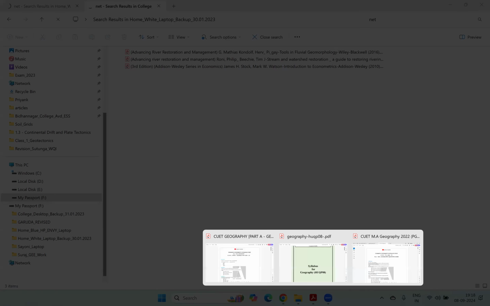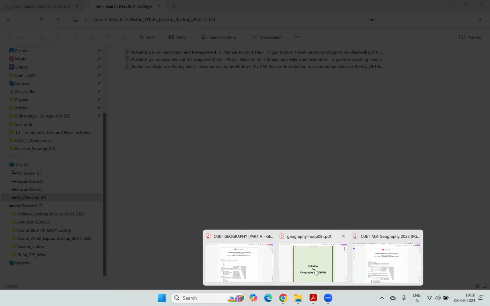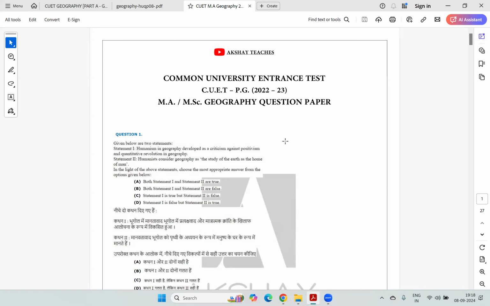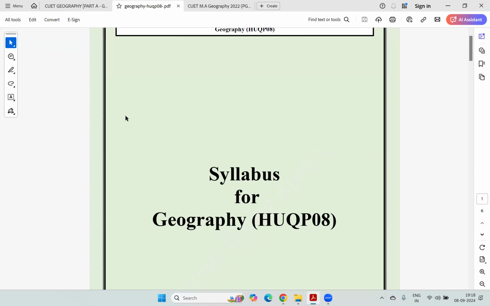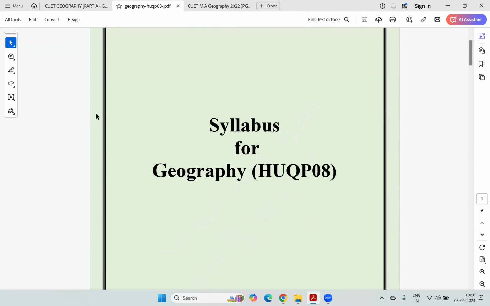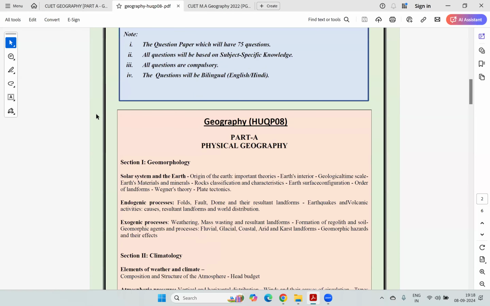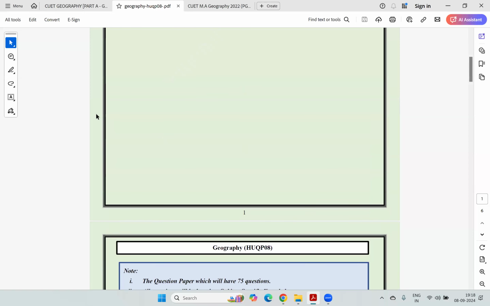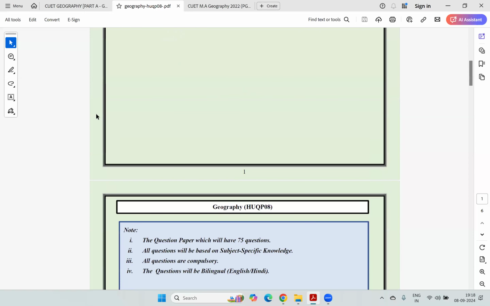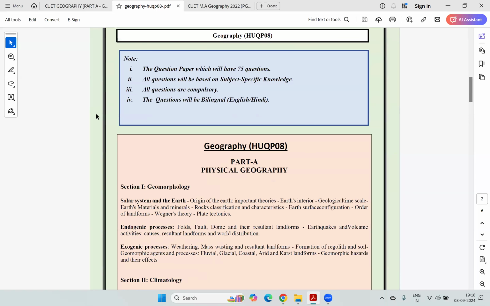When we talk of the CUET, you have an entrance question. There is a general test, and as far as I'm aware, there is also a subject specific paper. Let us look at the subject specific paper, and this is for geography because this is a geography related meeting. So let us look at the geography syllabus for the CUET. If you don't have this, I'm sure IIARI can provide this to you.